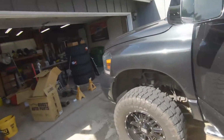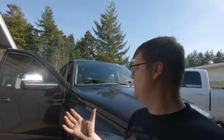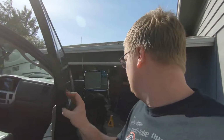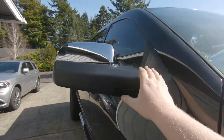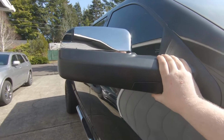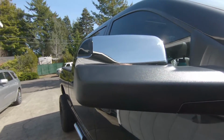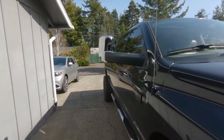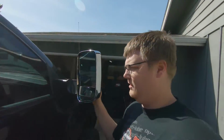Let me show you guys these mirrors. These Boost Auto mirrors are actually really, really nice. And the cool thing about these mirrors is when you order them, they are custom built per order. So he went with black arms. This is a 4th gen mirror, black arms, smoke clearance light, and chrome thingamajigs. Now, he's not going to run them up, I don't think. Let him do his heart desires when his wheels are on, but